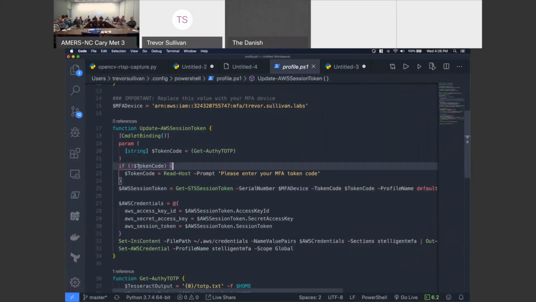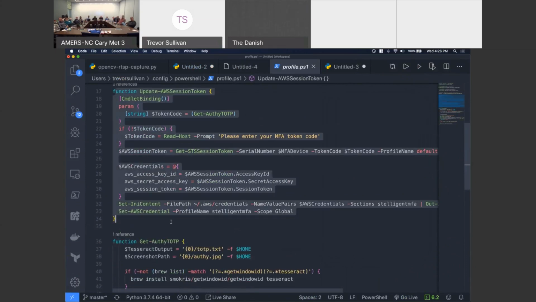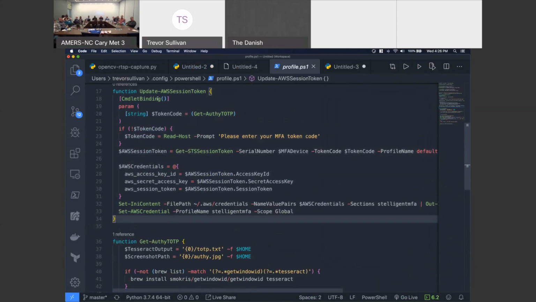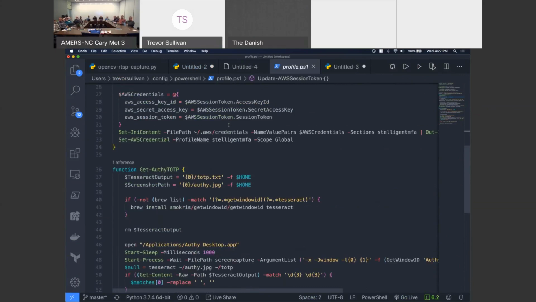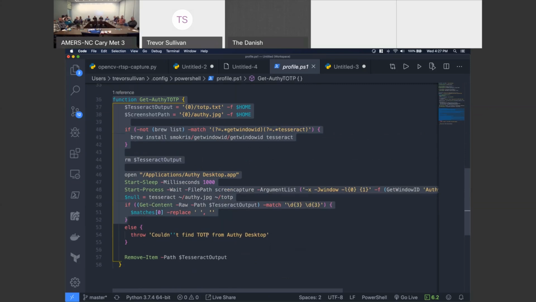So what I did inside of my profile script is I created a simple function called Update-AWSSessionToken. And that by default has a parameter called token code, and if you don't specify it, it'll call this Get-AuthyTOTP function. I forget what TOTP stands for. It's something one-time password. But basically, if we take a look at this Get-AuthyTOTP function,